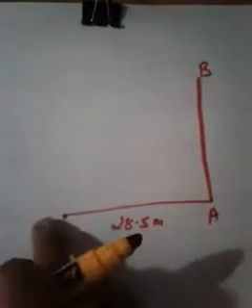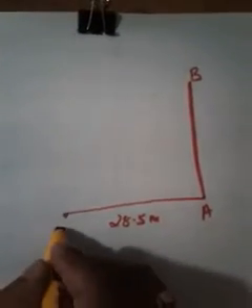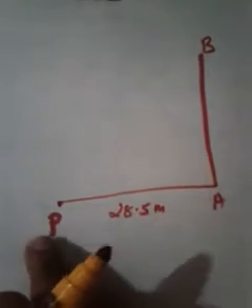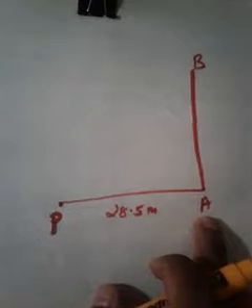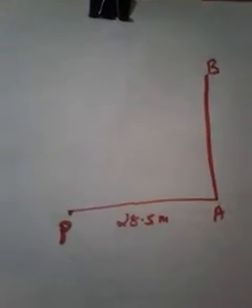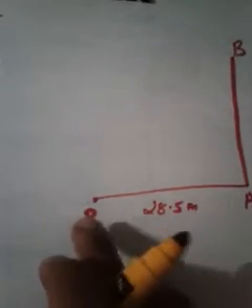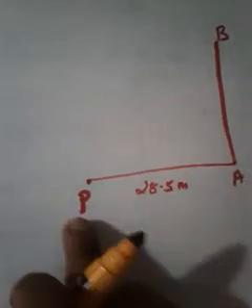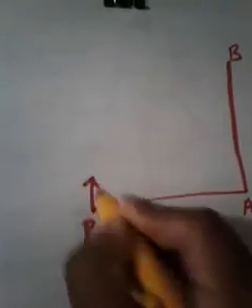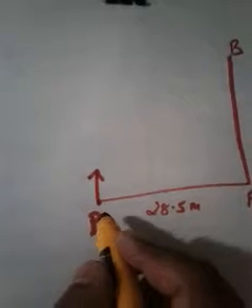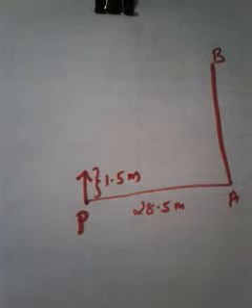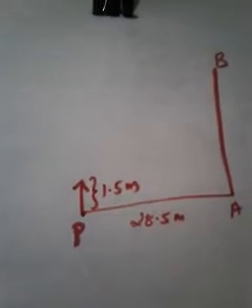So this is the way to draw, no? Let it be some point P here, and P is the point where the observer is standing, 28.5 meter away from the chimney. Now the height of the observer is given. So can you mention that observer as simply a point? No, we have to mention the height of the observer. See, this represents that observer, whose height is given as 1.5 meter.